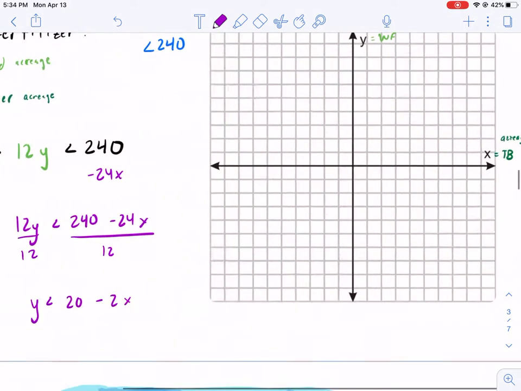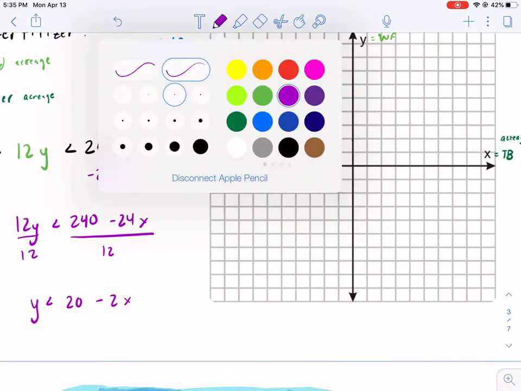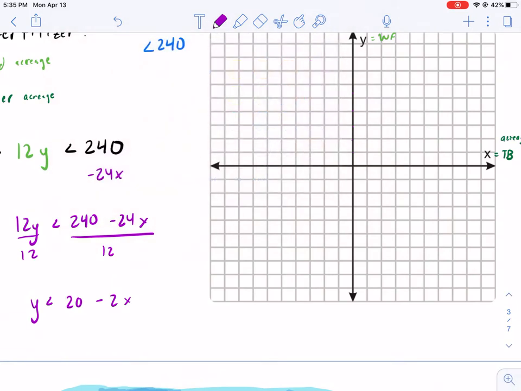Let's count. Let's see, can I go by 2s? 2, 4, 6, 8, 10. Nope. I need to go by 5. So let's call this 5, 10, 15, and then let's call that 20. Let's call this 5, 10, 15, and let's call this 20. Keep it consistent. All right. So now,